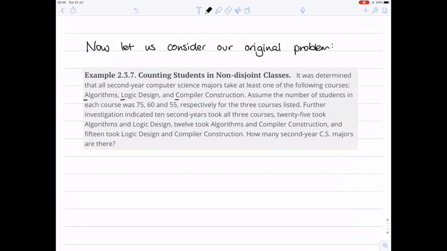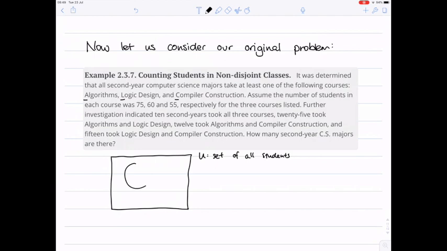So what I'm going to do is take my universe as a set of all students, and then within that we've got the students who take algorithms,